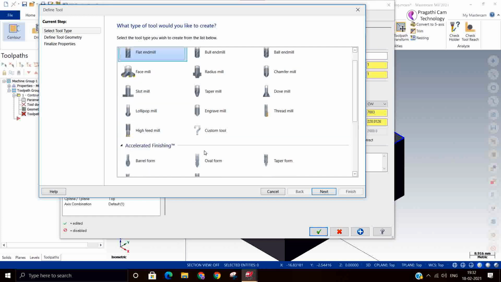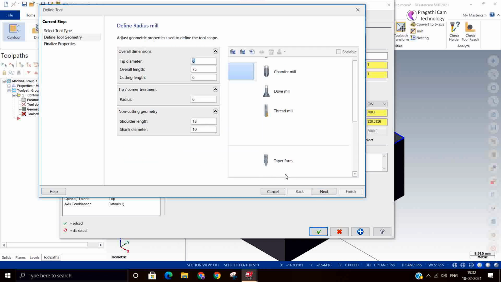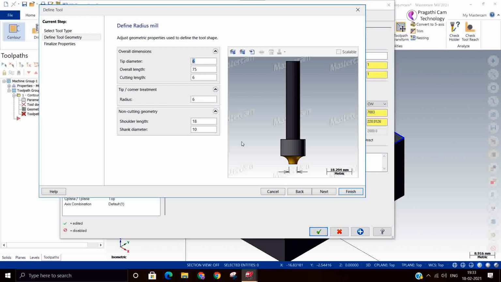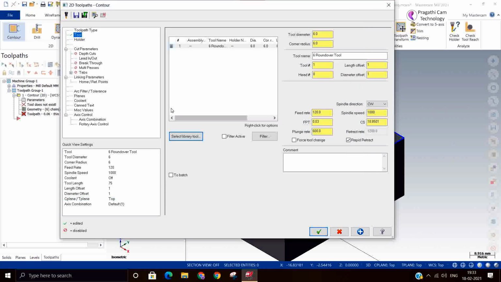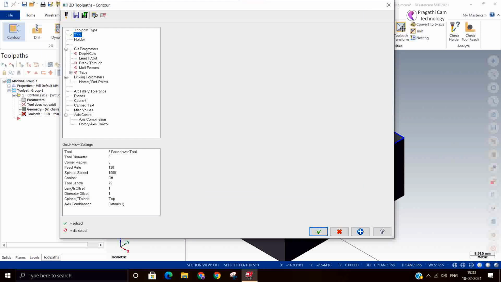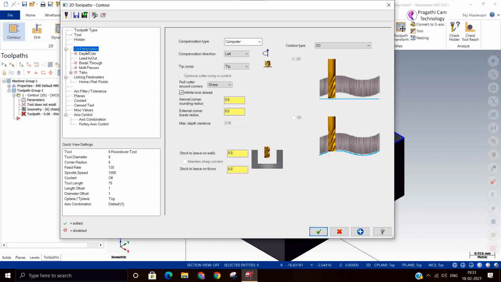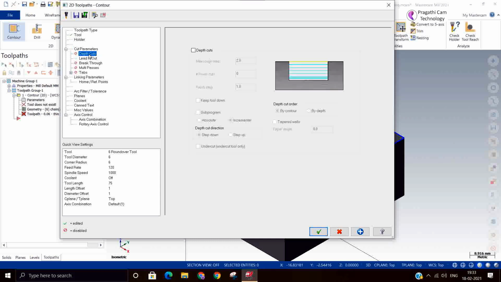It's here. Okay, radius tool. Okay, so we can give the diameter. I select the tool and give the appropriate feed rate and spindle speeds. We'll see there may be chances of a compensation issue. I will give 0.5 here.